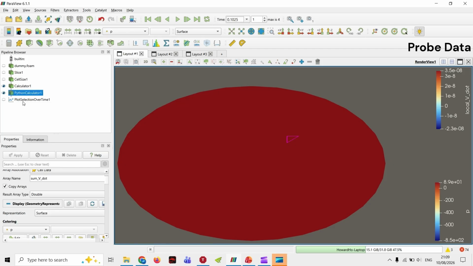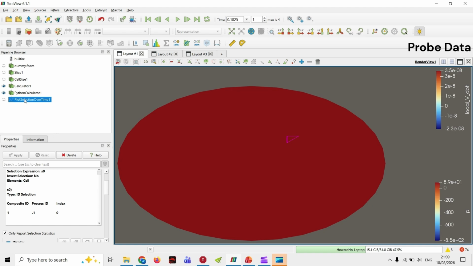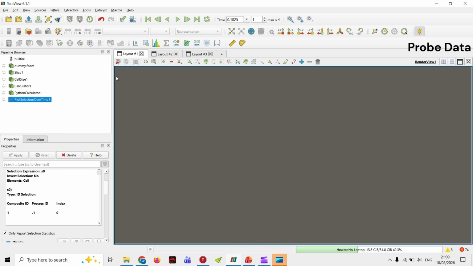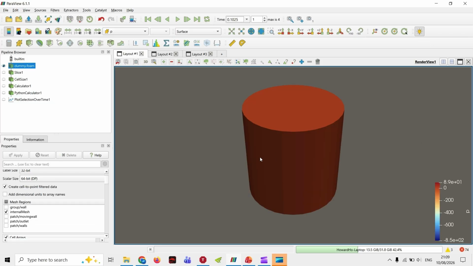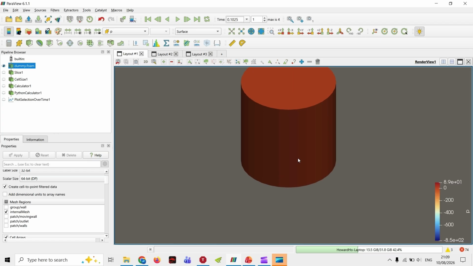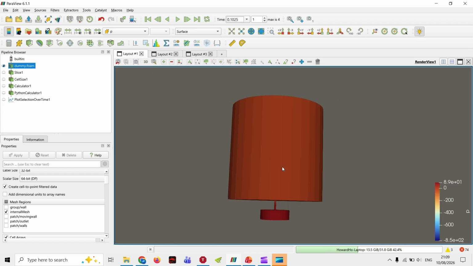And since we already looked at plot selection over time, I might as well talk about placing probes and tracking it over time. Ideally, you do this in OpenFOAM with the probe feature. It is a lot better. It just gives you CSV. You can extract it every time step without having to write the whole field. But you can still do this as part of the post-processing with this little button here, this little filter, sample data,